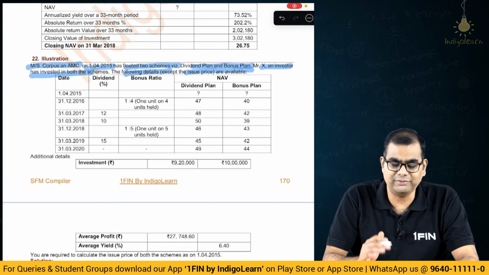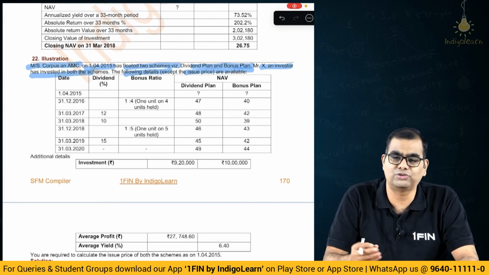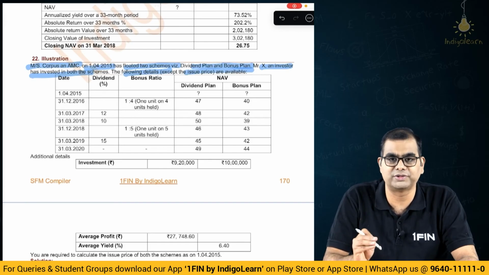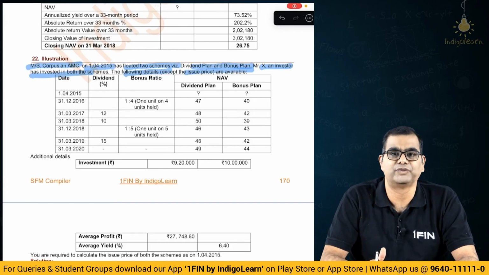If you start a scheme, the face value of the unit is equal to the money that you are putting in, which is 10 rupees. It is impossible that you put something at a different rate, at 40 rupees or 50 rupees or 60 rupees, and the face value is 10. This is not like a shares kind of a scenario